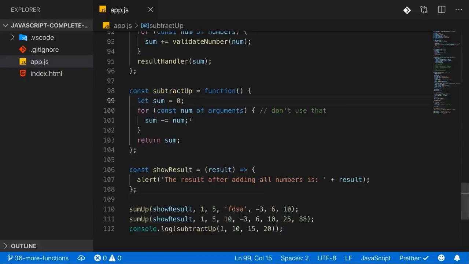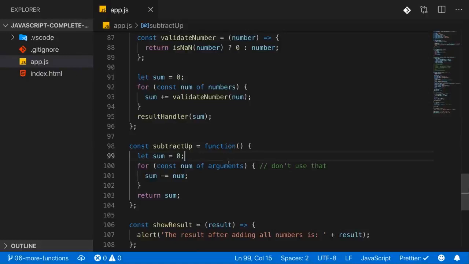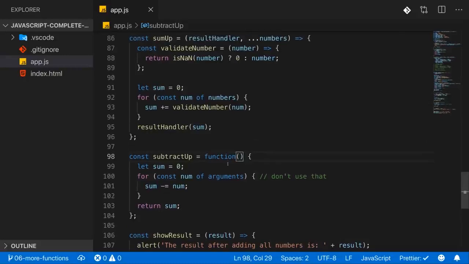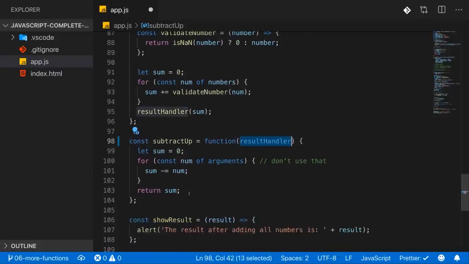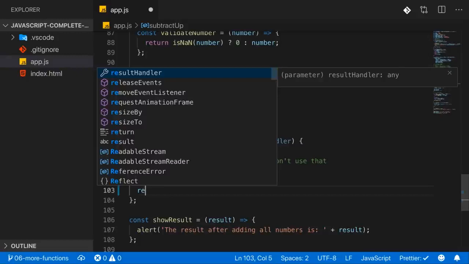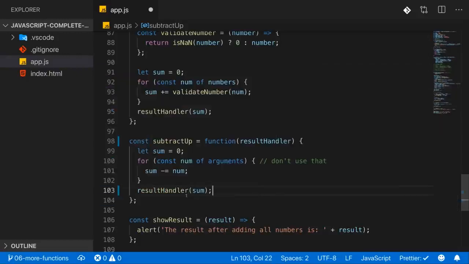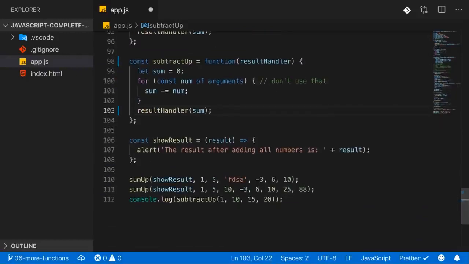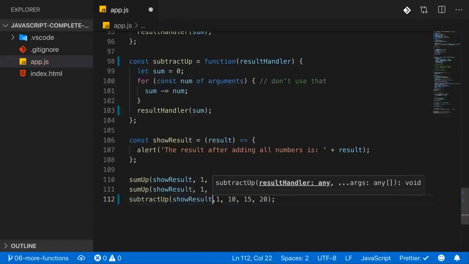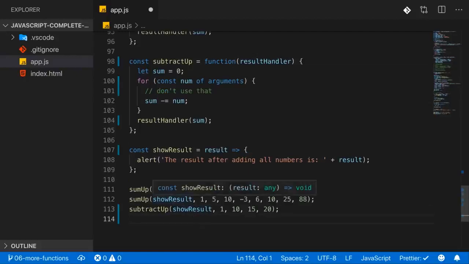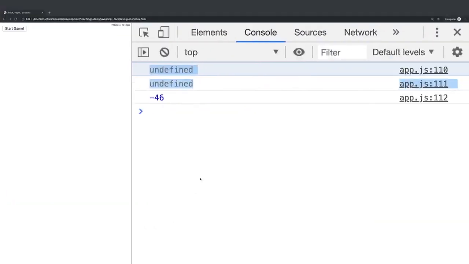Let's now say we also want to use the same pattern in subtract up. So I'll leave arguments here just for you as a reference. Of course, you could use a REST parameter here. I'll not do it here, but what I will do is I'll also expect a result handler here. So just as in SumUp here, I want to get a result handler, and instead of returning the sum, I want to call result handler and forward the sum to it. Okay, so now we can get rid of the console log statement down there and simply pass show result as our first argument, effectively using the same approach as we did for SumUp. So that's what we just learned in the last lecture. If you now reload,